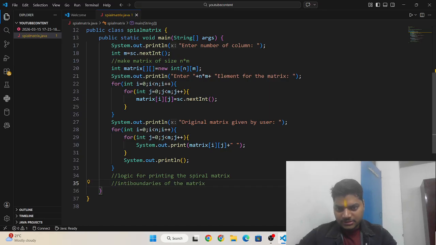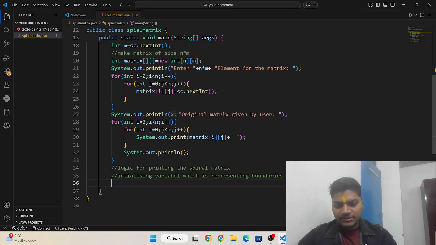I'm initializing the variable which will represent the boundary of the matrix.